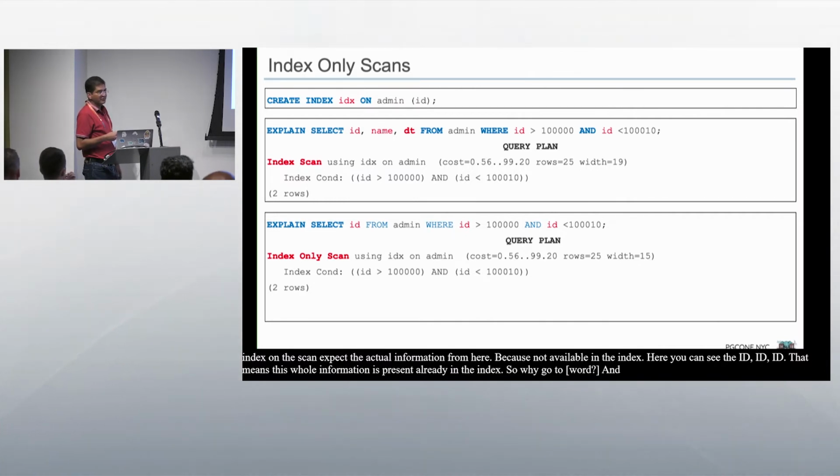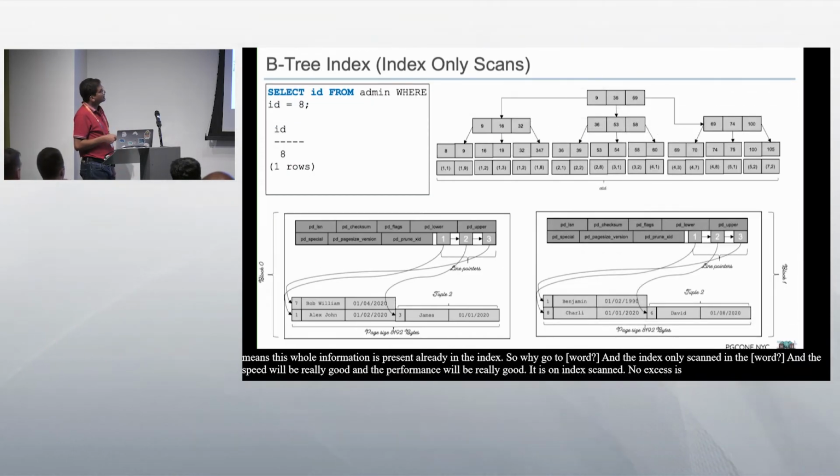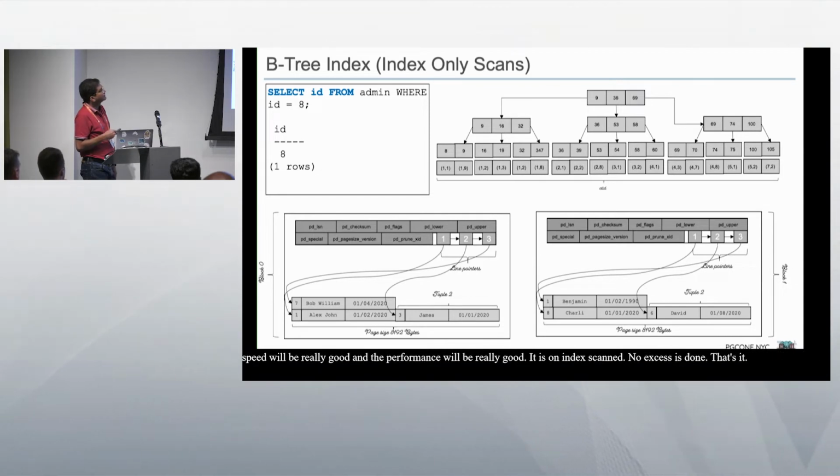And the speed will be good, really good, the performance will be really good because it's no table scan. It's only an index scan, that's it. No heap access is done. That's it. So if you want to learn about that, you can see that ID, where ID is equal to